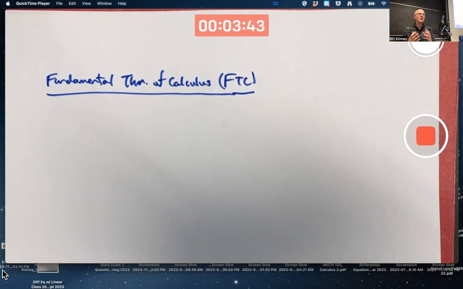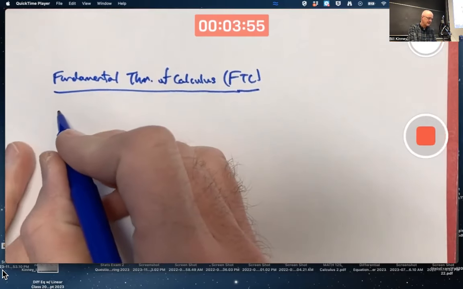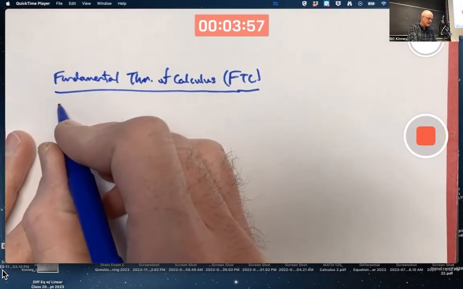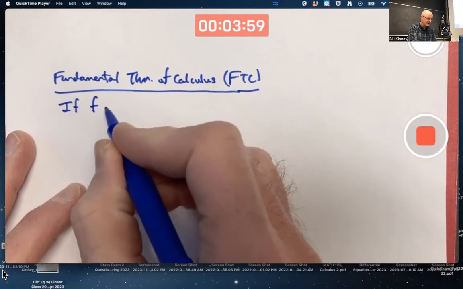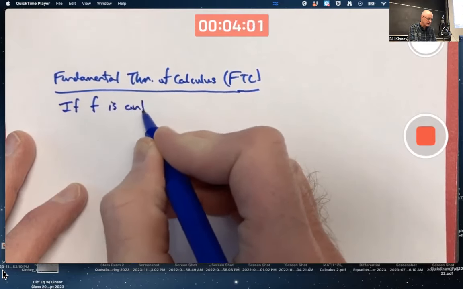The idea of a theorem, when you want to apply it, is that if the hypotheses are satisfied, if they're true in a certain example, you know from the truth of the theorem that the conclusion follows. The hypotheses are these. If little f is continuous